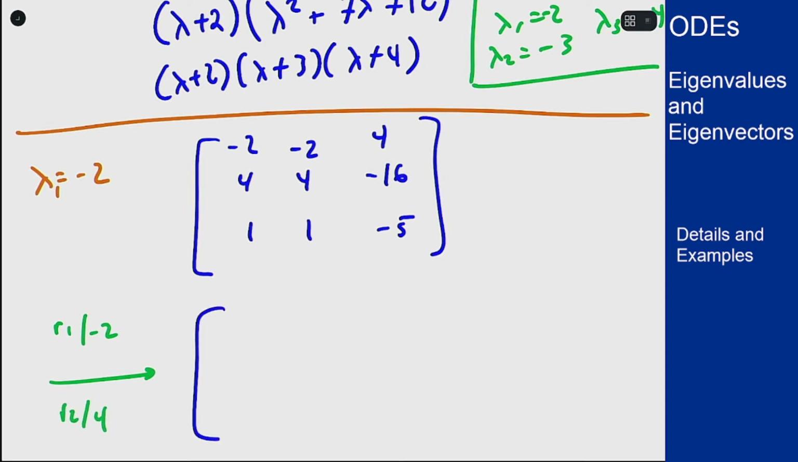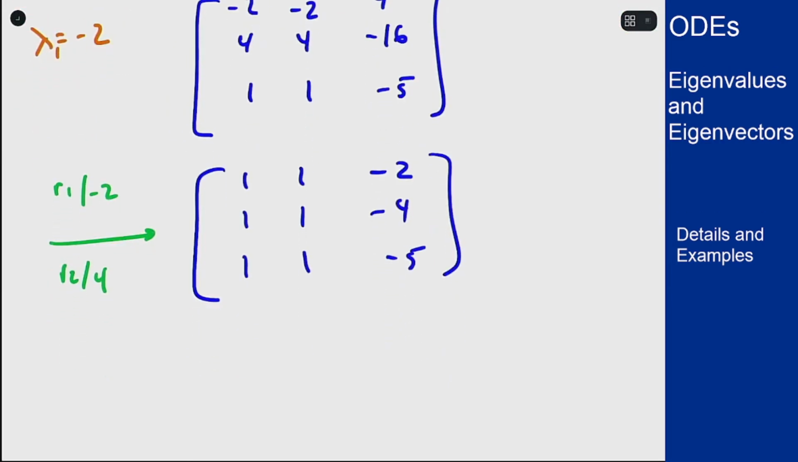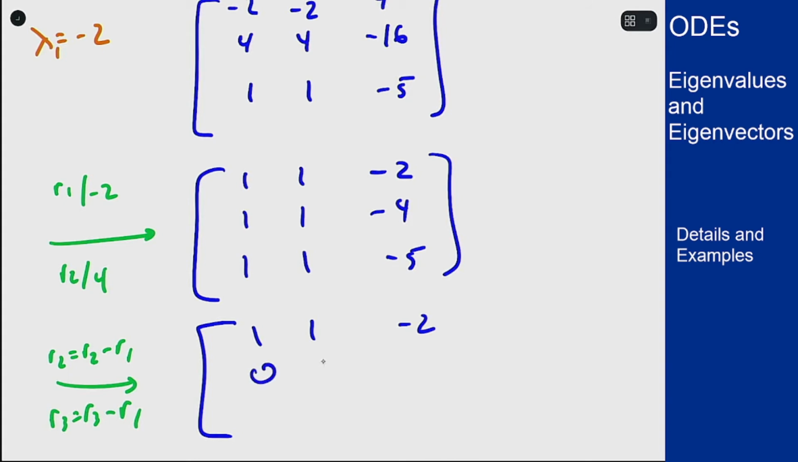to give me 1, 1, minus 2, 1, 1, minus 4, 1, 1, minus 5. And you can kind of see what's going to happen after one more step. The first two columns are all going to go away at the same time. So if I do row 2 is row 2 minus row 1, and same with row 3, I end up with 1, 1, minus 2, 0, 0, minus 2, 0, 0, minus 3, which when I row reduce again will